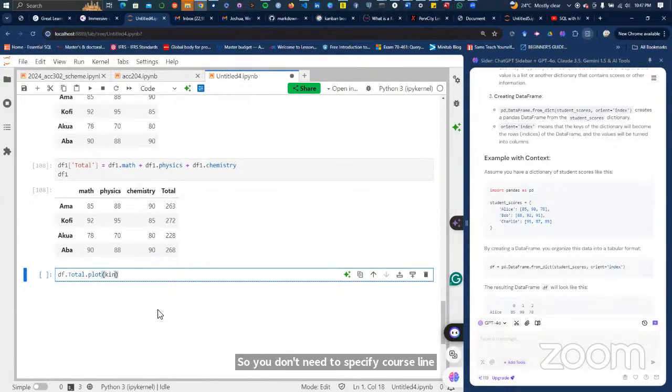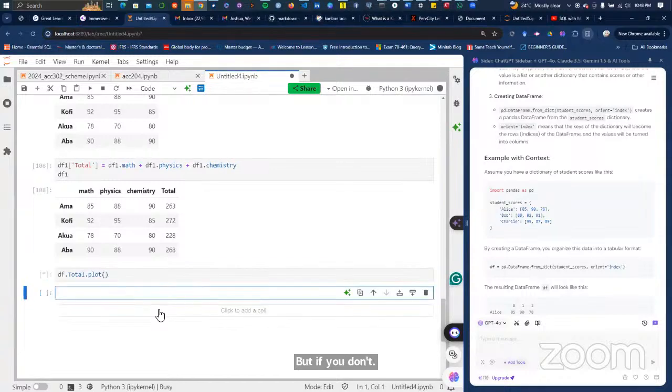We can do kind equals line, where the line needs to be passed as a string. We can do kind equals another chart which suits this kind of data structure. You can change the kind of plots you want to do, but if you don't specify anything, the default is a line. So let's see.